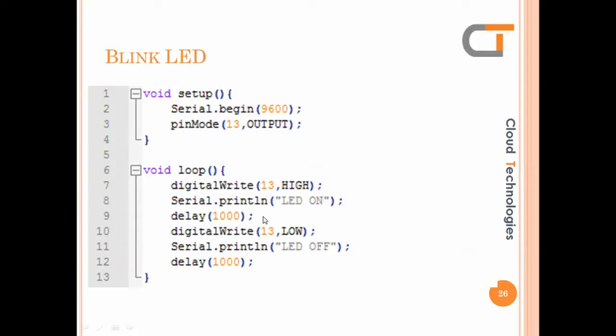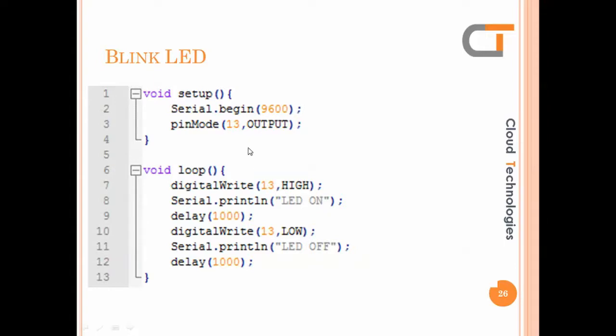After that it goes to the next instruction, digitalWrite(13, LOW). So we are making the LED off here. LOW means 0, so my LED will be off. After that we are printing on the serial monitor that the LED is off, for 1 second of duration. After executing this last instruction, control goes again to the first instruction of the loop. So it goes on iteratively, 1 second on, 1 second off. So we can show the blinking happening with 1 second duration. Like this, LED blinking happens only for digital pin number 13.